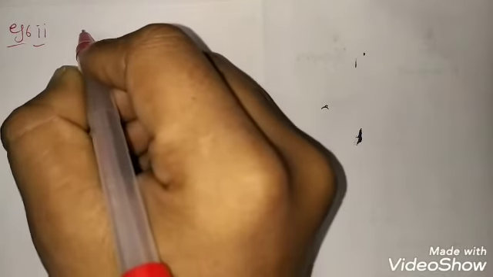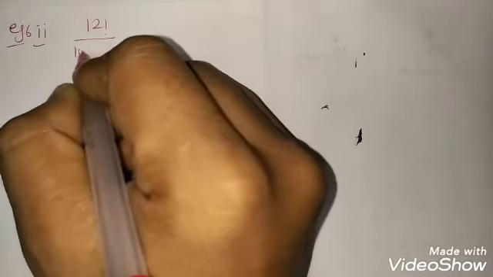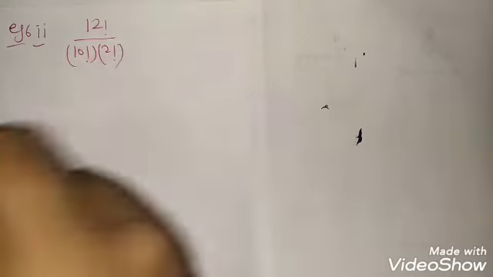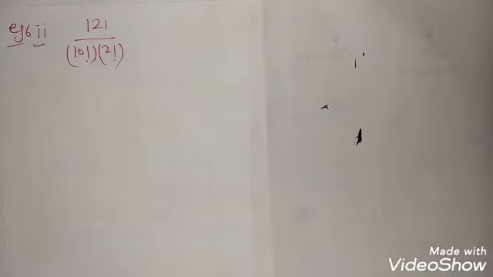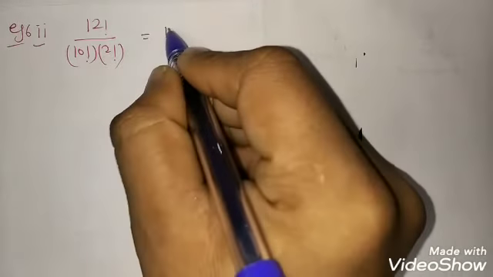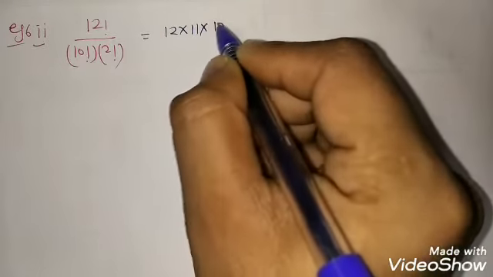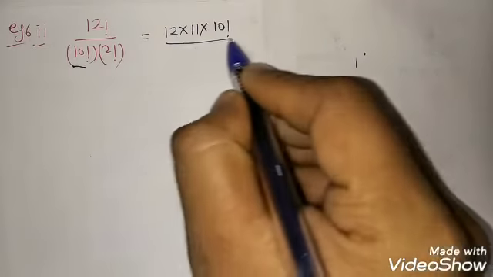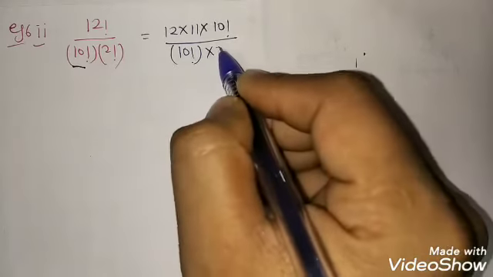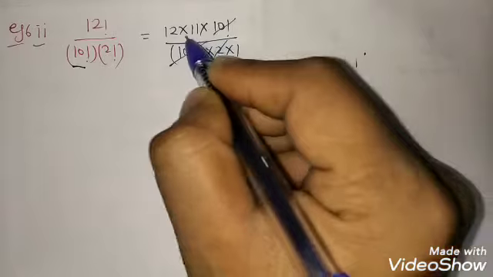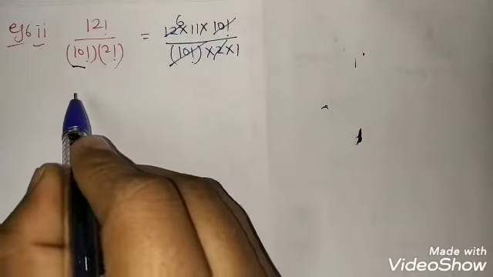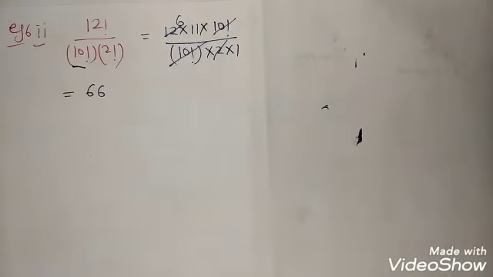Moving to the next part. Moving towards example number 6, second part of your NCERT. What it says is 12 factorial upon 10 factorial into 2 factorial. This is 12 into 11 into 10 factorial. Why so? Because 10 factorial is over here. 2 factorial is obviously 2 into 1. This will be cancelled. 2 6s are 12. Answer is 66. It's very easy. Okay. Then you can do example number 7 by yourself.